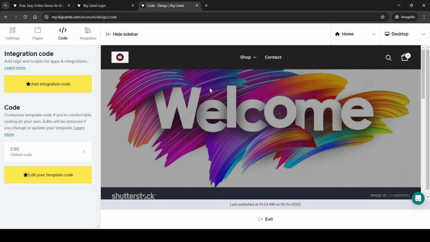You have successfully removed the Big Cartel logo from your website, giving it a cleaner and more branded look. Remember, making these kinds of customizations brings you one step closer